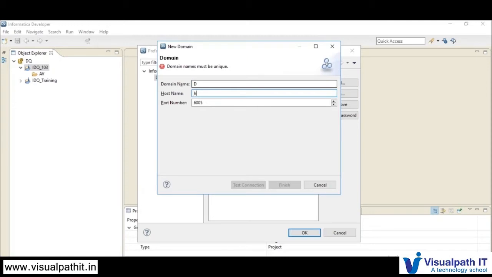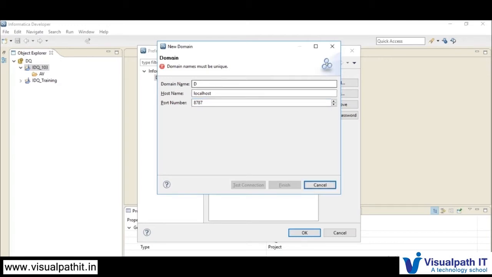Here, localhost is your host name. So your host name would be your server name. If you are working on a server, let's say Dev Informatica or any sort of server, that server information you will provide here. The domain name and port number will be provided by the administrator. So the admin team will provide the domain name, the port number to connect, and the host name. Whoever configured the Informatica server in our project, we will get the details from them, and according to that, we will provide those details.